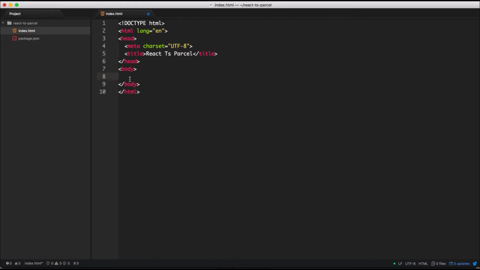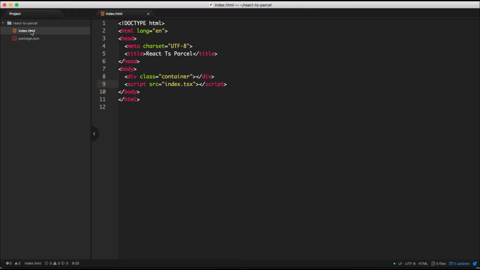Okay. Let's also add a container, a div with the class container, which is where our React code will go. And let's add a script tag element and place in where our index is going to go. So if you've seen the previous tutorial, I'm going to put in an index.tsx to stand for TypeScript XML, which is like JSX, and Parcel is going to do all the work to turn that into a JS file that's readable by the browser. So now we've done that, let's go ahead and create this index.tsx file